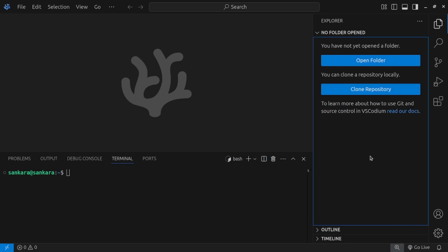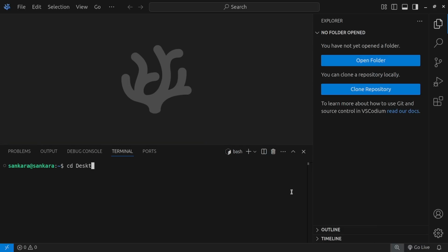First things first, I have VS Code open here, and I have my terminal open as well. I'm going to cd into my desktop, and then inside my desktop, I'm going to say pnpx create-next-app@latest -e, so that I can use a template that I created. So https